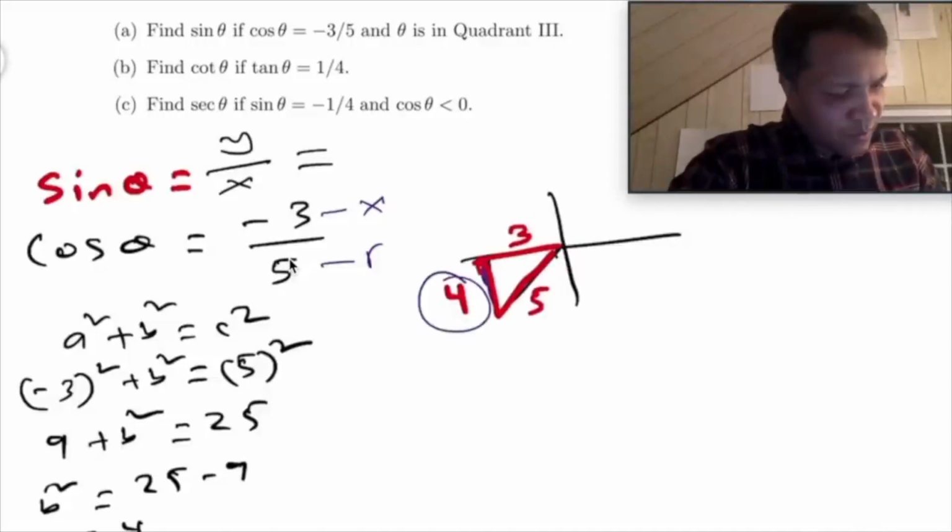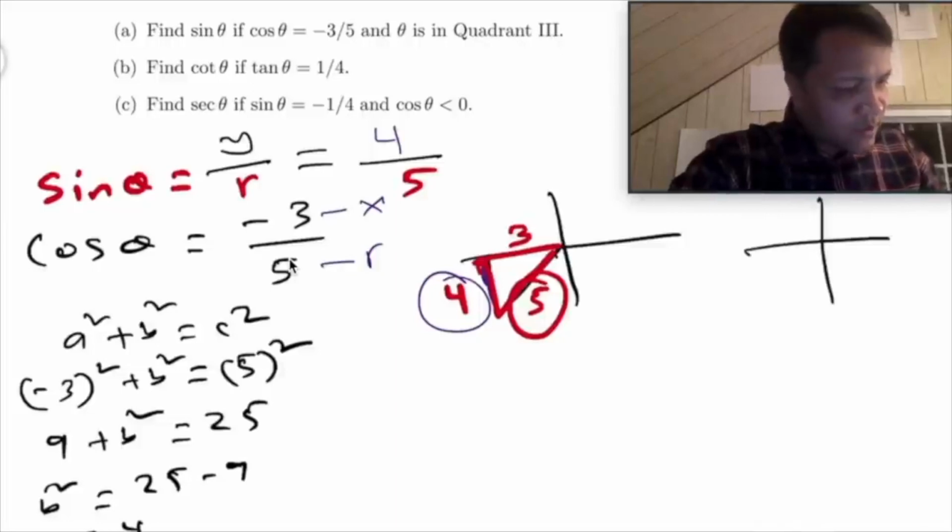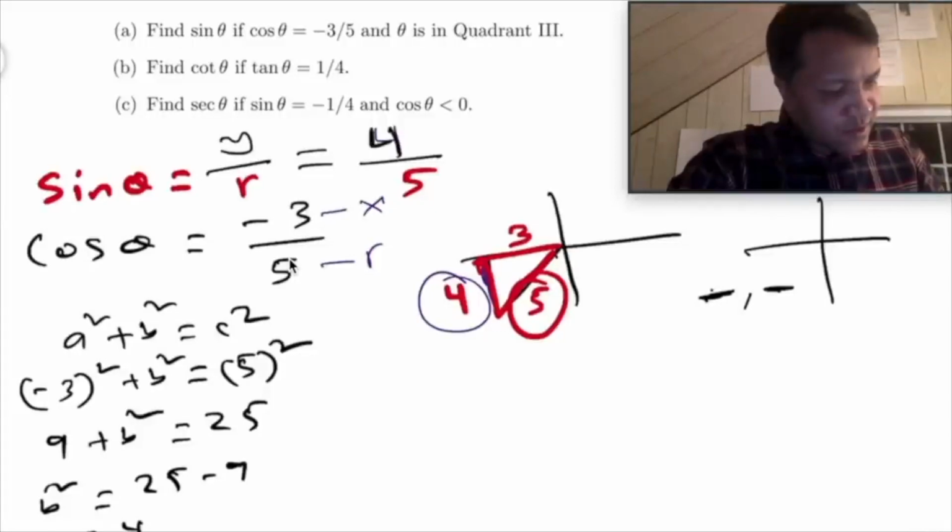Y is 4. And let's see what is our x. Sine theta is y over r. So what is our r? R is 5. But we are not done yet. Remember, in the third quadrant, x is negative and y is negative. Since this 4 is y, this should be negative. So our final answer is